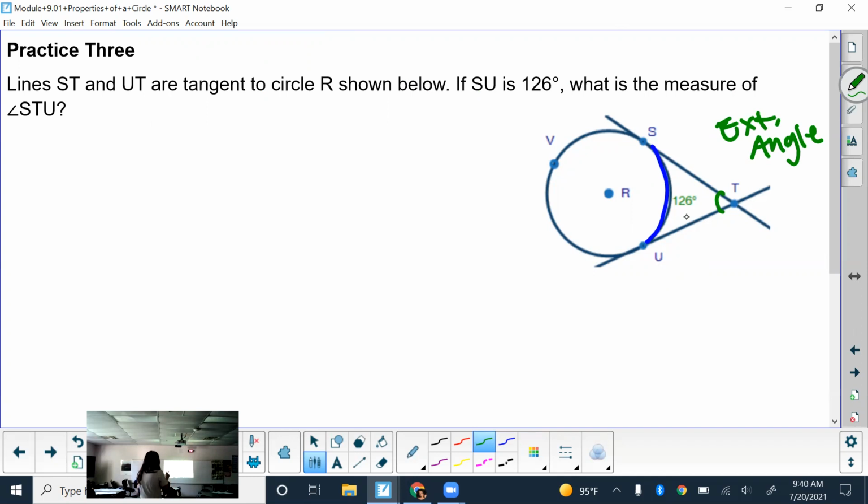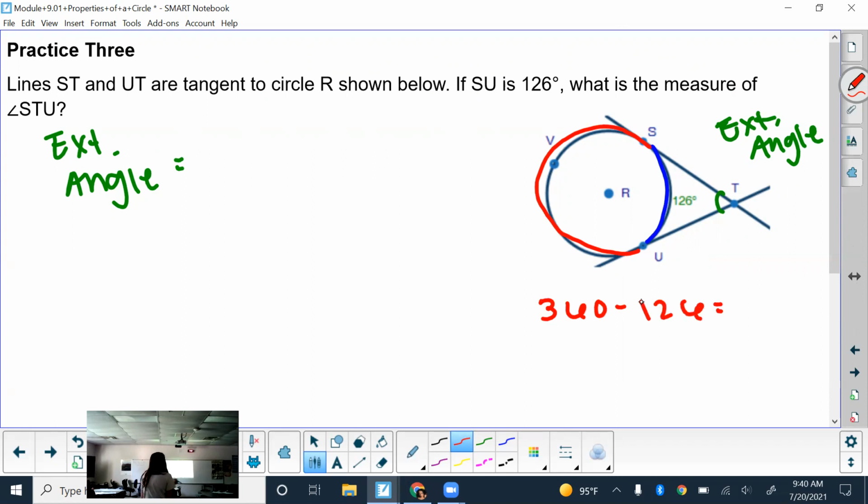Now, do I have all the information to be able to just plug it into the formula? No, I am missing your SVU arc. Good, I'm missing this arc over here. So how can I figure out what that arc equals? You get 360 and subtract